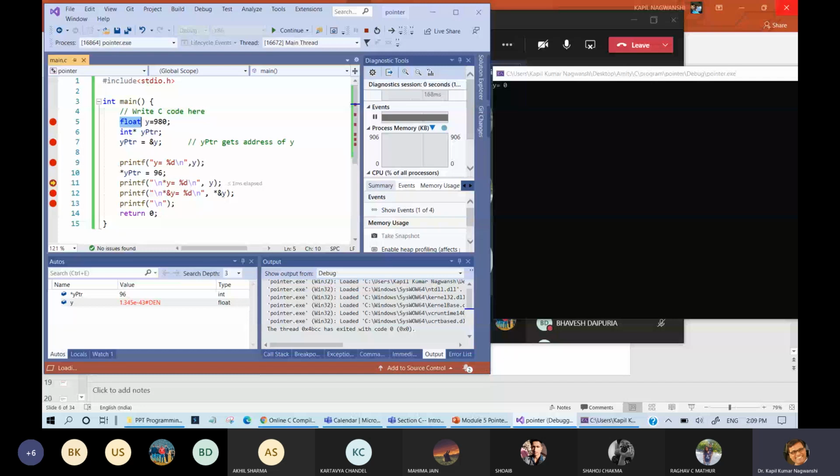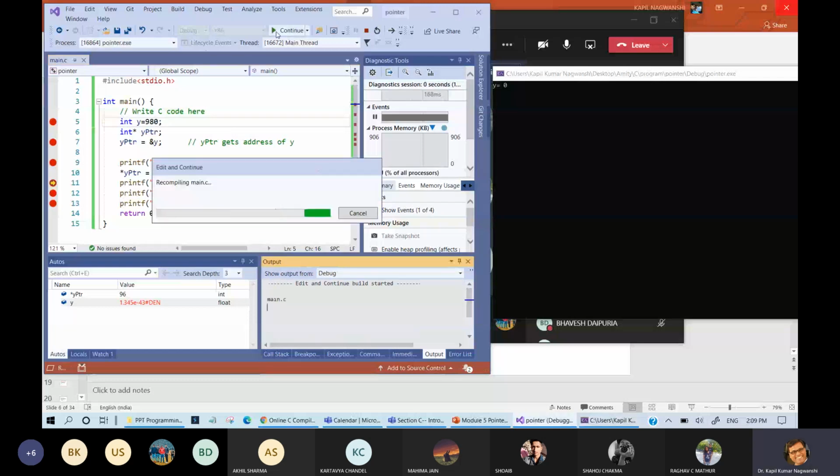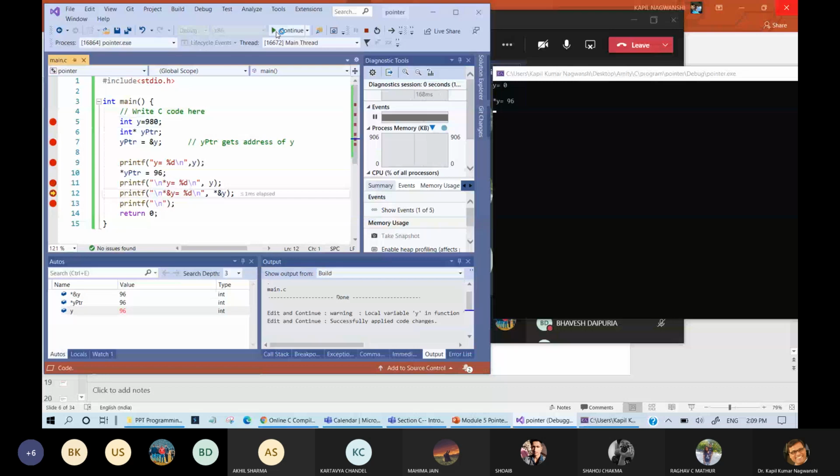Fine. So it is better to write this as integer. Now you can see that integer y will create one value. Fine. Let us complete this program.